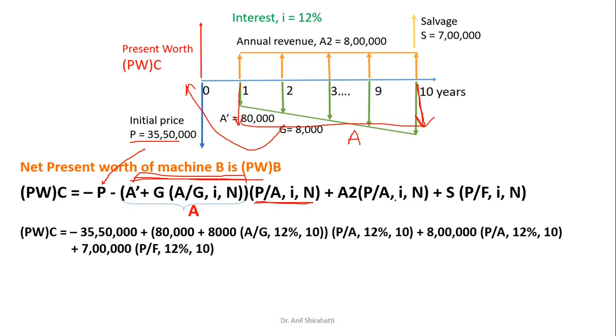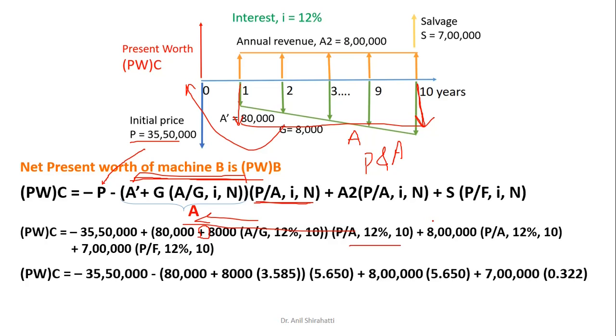So once I substitute all these values, that is minus 30.5 lakhs. Here if you see the series is increasing, so that's why you got a positive sign. 8 lakh 80,000 plus 8,000 into A by G 12 comma 10. Then again I am multiplying. So whatever value I got, this is nothing but the constant A converted. I multiply this with this factor and I'll get the relationship between P and A. Fine. And once I substitute all the constant variables from the compound table, I got a value of around